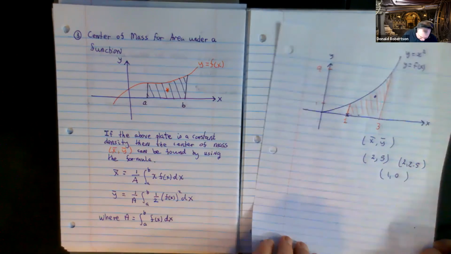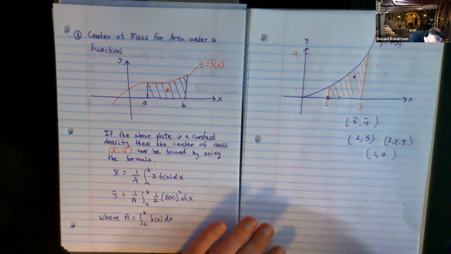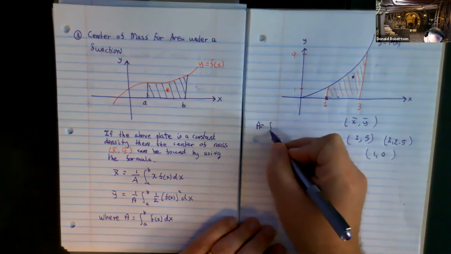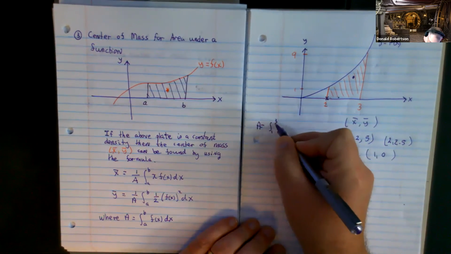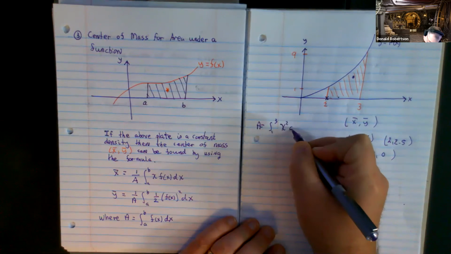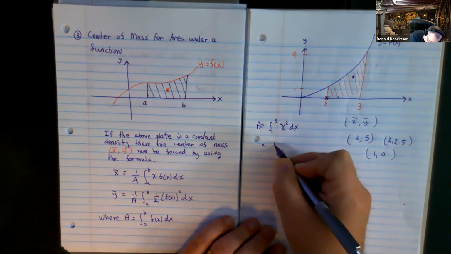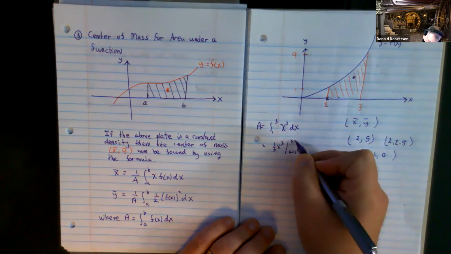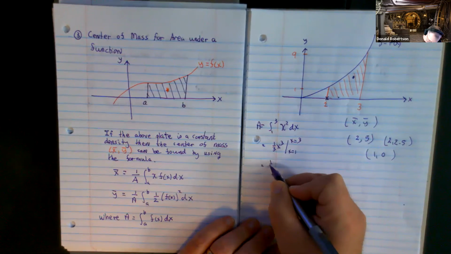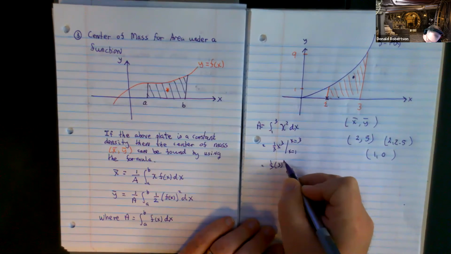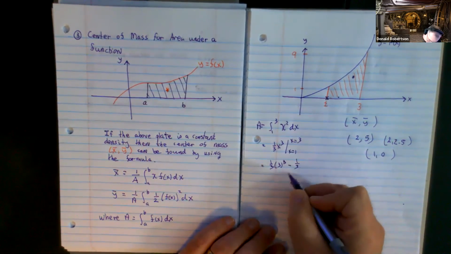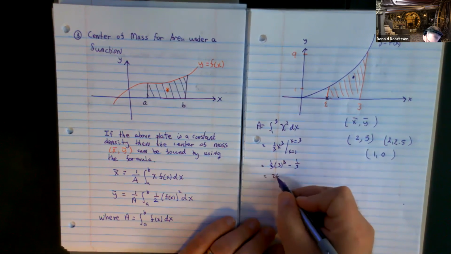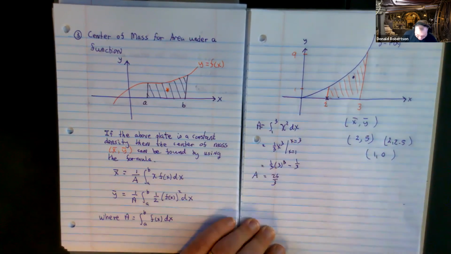Okay, let's figure out how to calculate this. First thing you're going to have to do is get A, this fellow. So it's going to be the integral from 1 to 3 of our function dx. So it's going to be 1/3 x cubed from x equals 1 to x equals 3. That's 1/3 times 3 cubed, take away a third. That's 27, take away 1, so it's 26 thirds. Okay, I can live with that.